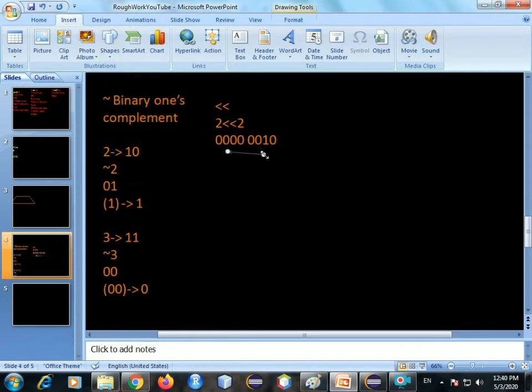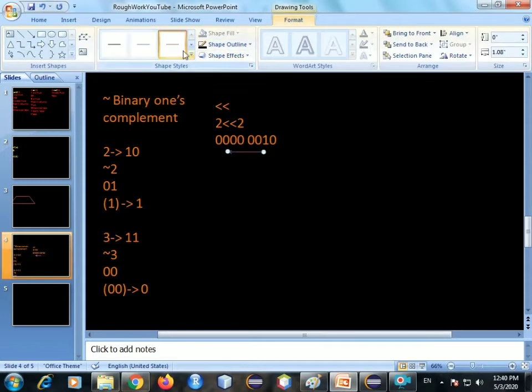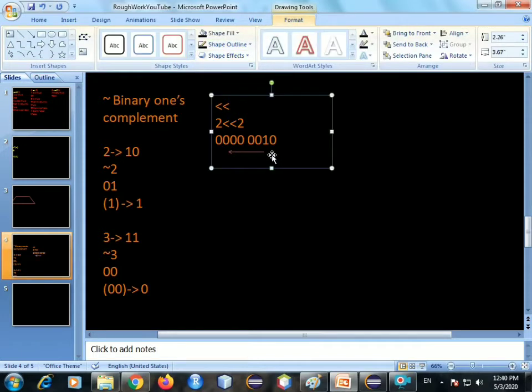I want this to shift to the left twice. If you shift it to the left twice, y'all can just take a pen and paper and try it out by yourselves.